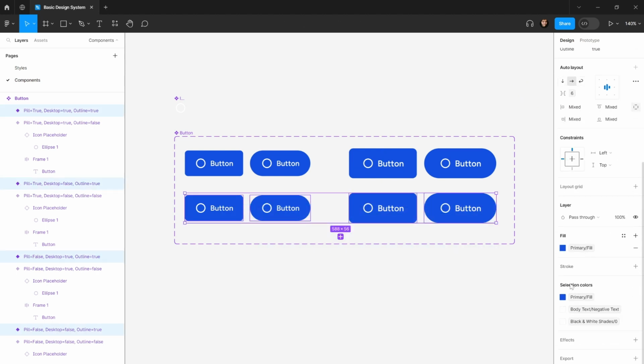Let's go find the icon and text colors, and when you select all of these and go to the right panel, you can see there is a title that says selection colors, and you can change all of the colors by just clicking on that color and just remove it or change it to whatever you want. So let's go with the text ones, and I'm gonna hit negative text and find our primary and apply the blue color to it, because I want the